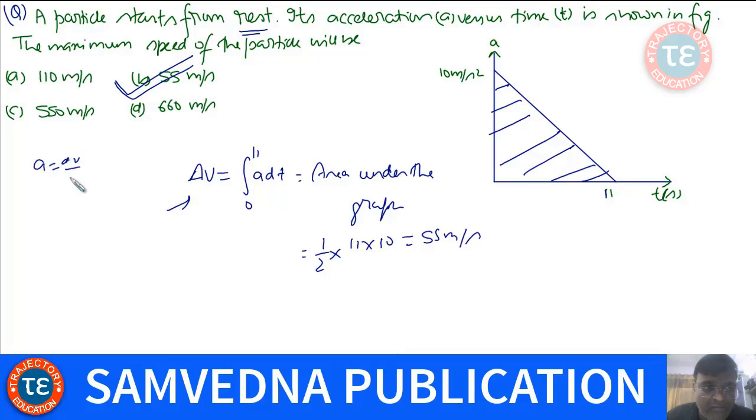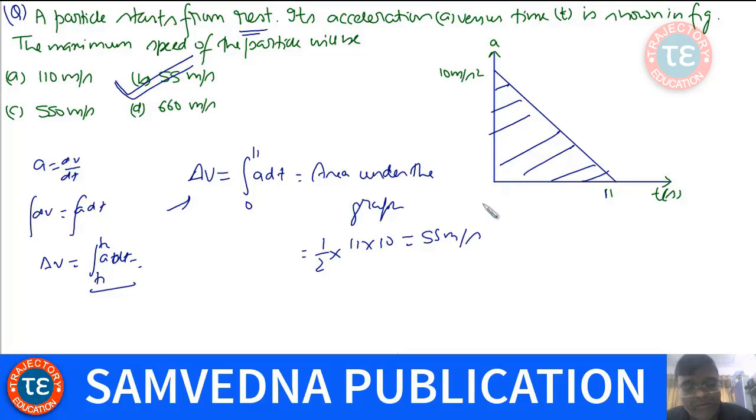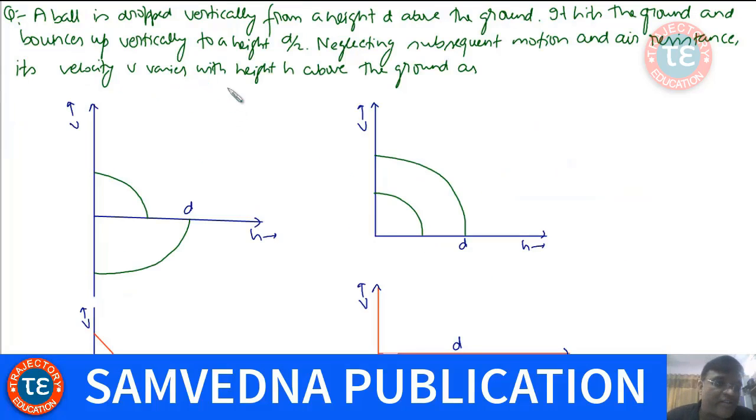You see from where you are getting this. See, a is dv by dt. So I can write dv equals a dt, and you integrate it. So this will be delta v equals the integral of a dt from t1 to t2, and this is nothing but the area under the curve from t1 to t2, and t1 is 0, right? So this is 55 meter per second. Okay,